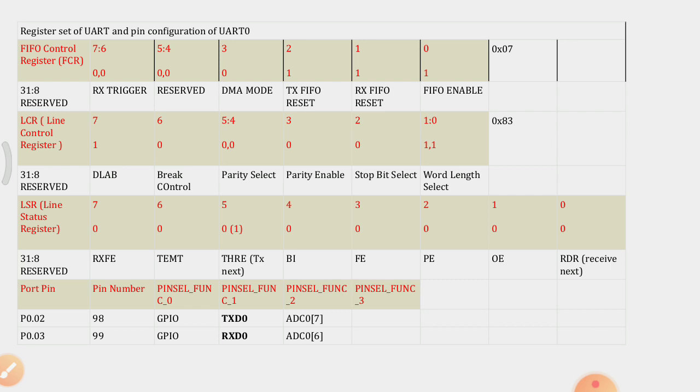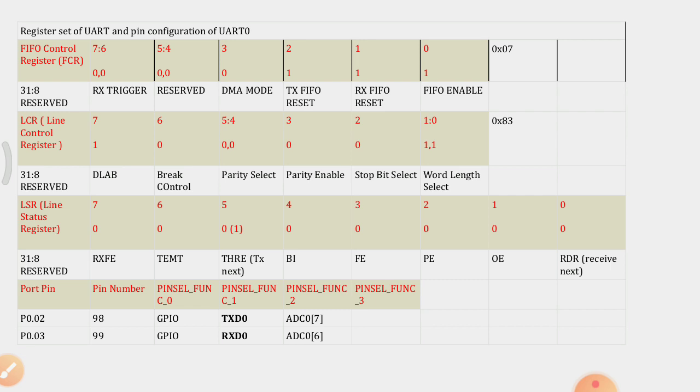This register is 32 bits in size, out of which we don't use bits 8 to 31. Only 8 bits are used here, 0 to 7. Bit 0 is used for FIFO enable, and bit 1 is used as RX FIFO reset, to reset the receive FIFO.